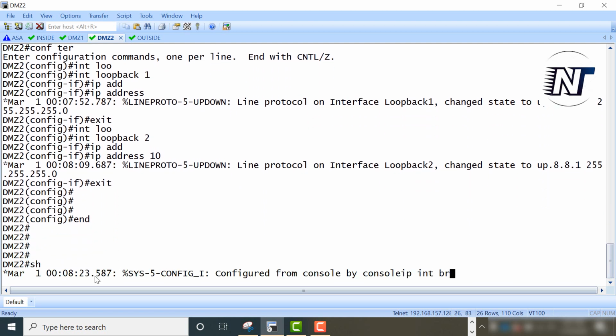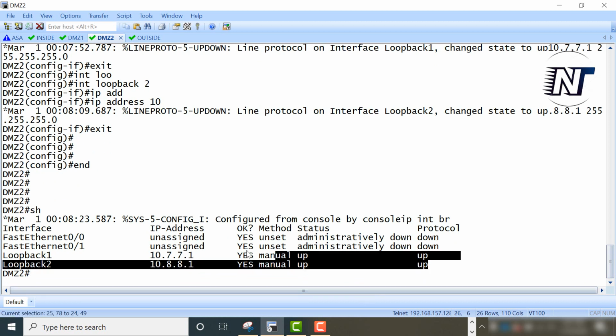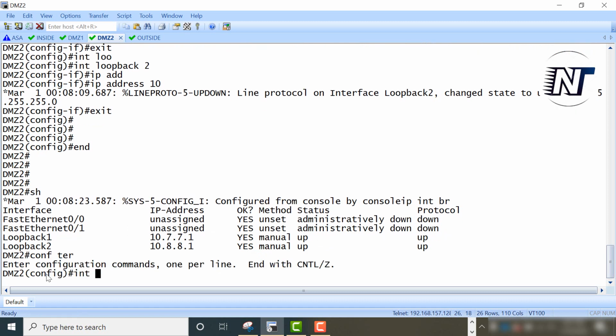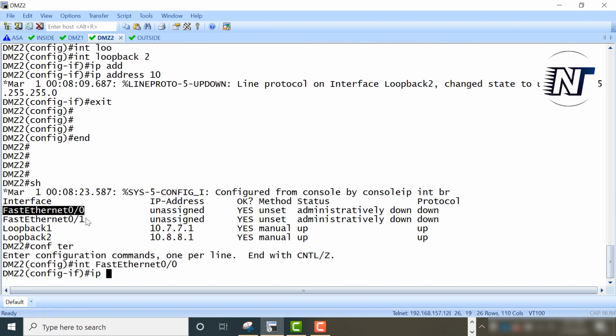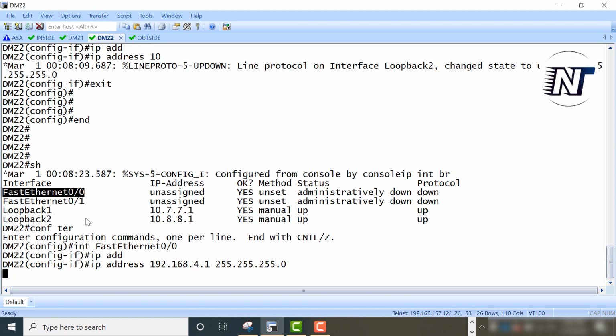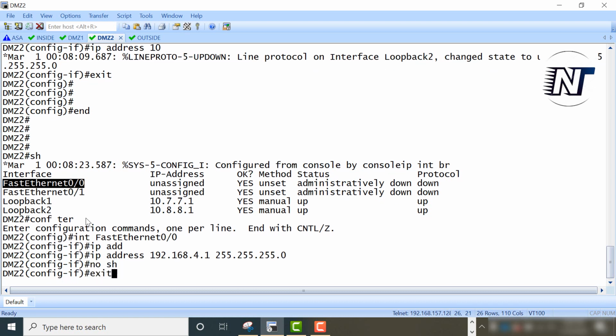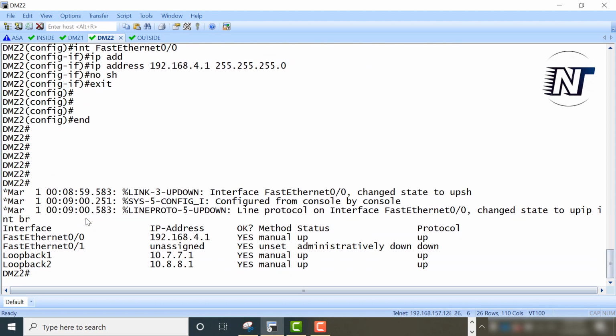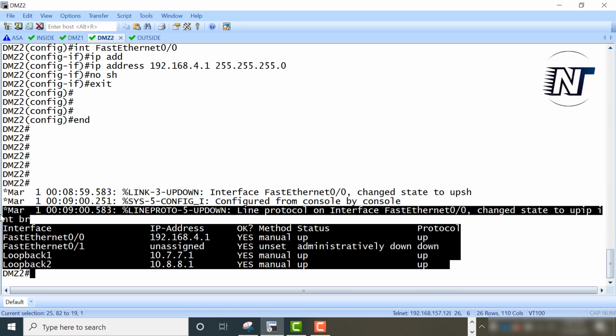So show IP interface brief, yeah, two loopback interfaces came up. Next, config terminal, interface FastEthernet 0/0, IP address 192.168.4.1 255.255.255.0. No shut, exit, and show IP interface brief. Yeah, three interfaces came up, you can see.